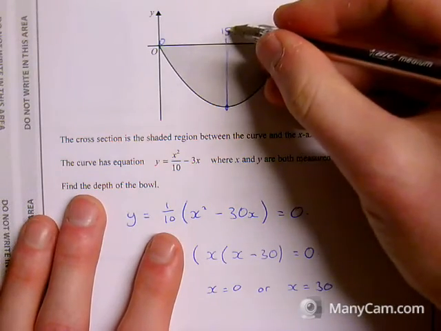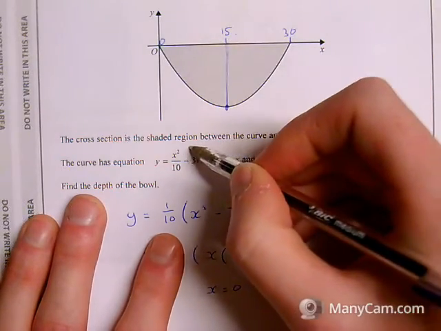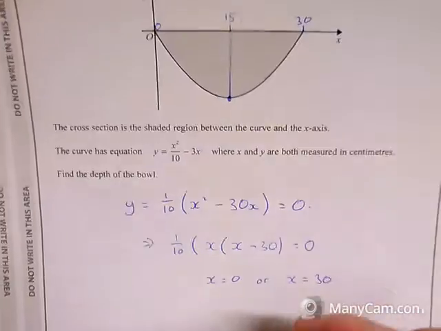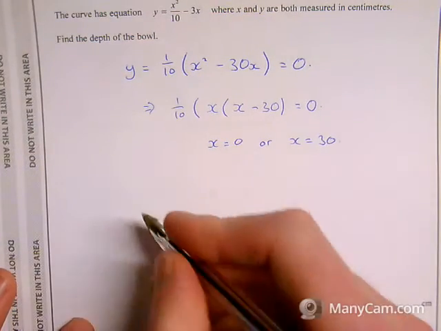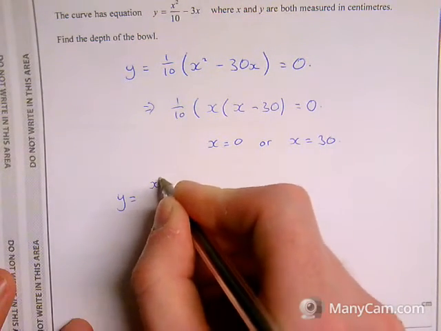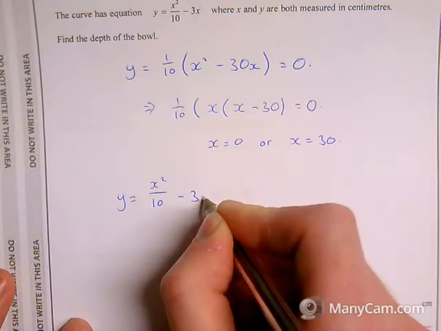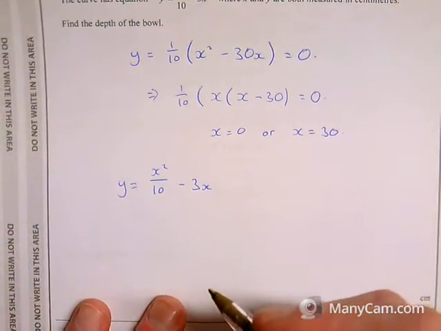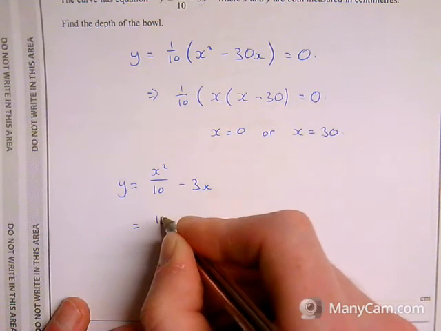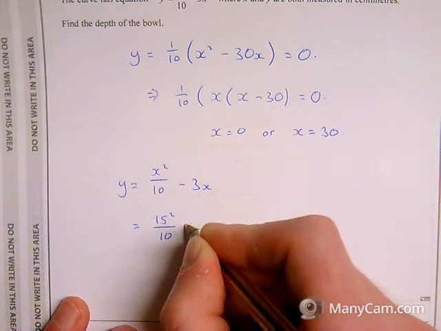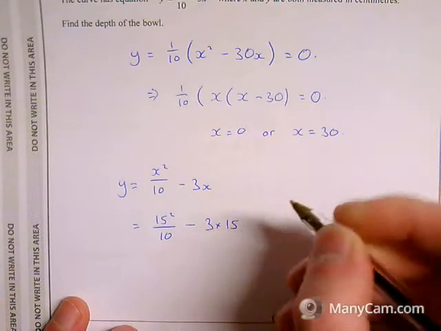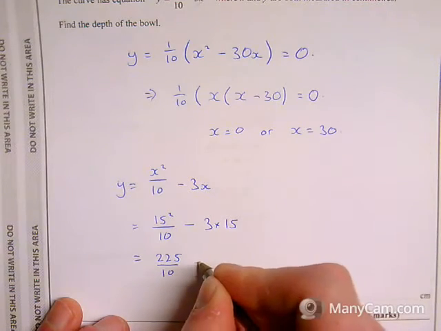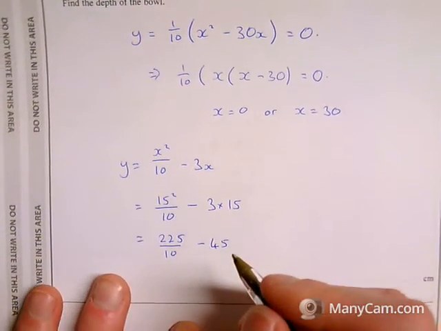So if my x-coordinate is 15, I can substitute it into this formula to find out what my y-coordinate would be. So let's do that now. We've got y equals x squared over 10 minus 3x, and now we know that x is 15 for our minimum point of that curve. So if I substitute in, we've got 15 squared over 10 take away 3 times 15, and then working through that I end up with 225 over 10 take away 45, which then ends up being